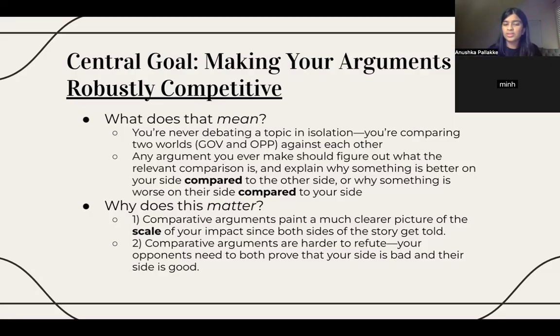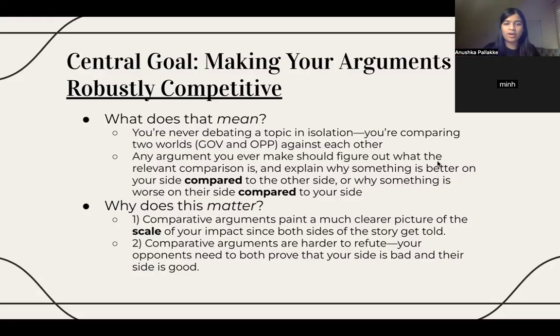So an example of what this would look like is, say in a resolution about, actually let's revisit the previous resolution about long-term health versus short-term health. Say one of your arguments is expenses. You would talk about how expenses is significantly less on a side where you're not having to do long-term longevity because there's probably less payments and the payments on my opponent's side are a lot worse. So you want to be very explicit in the comparison because it just makes your life so much easier in say the PMR or the LOR.